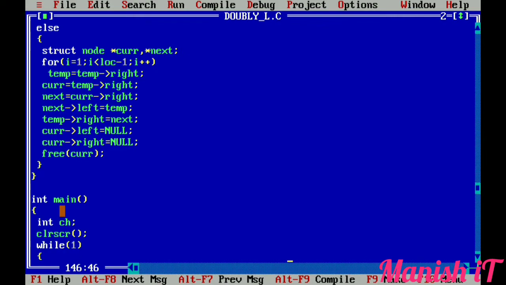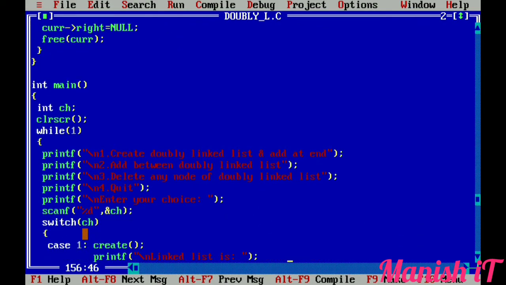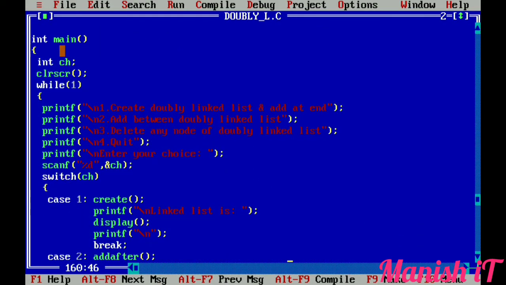So int here, our main function is called. Inside the main function, I have simply created a local variable, choice, of type int, cleared the screen, and given a message to the user. While(1) passing means it is executed an unlimited number of times. In it, all the choices are printed on screen.